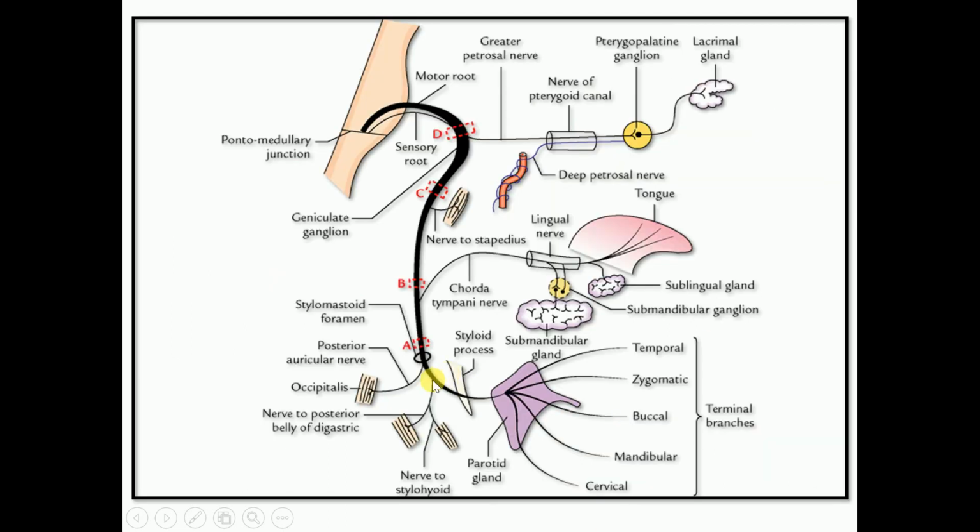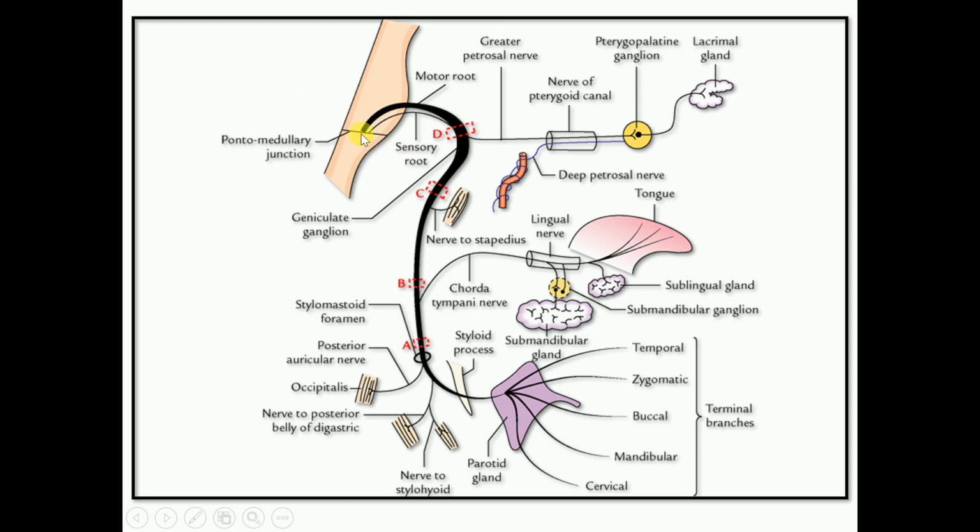So this diagram showing the origin, course and distribution of the facial nerve. So cranial nerve, as the name suggests, arises within the cranial cavity. So it comes out from the brainstem. So this diagram is the diagram of brainstem. So facial nerve arises from the